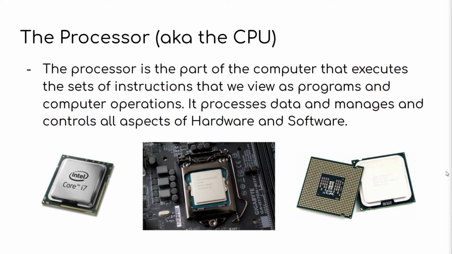Whenever we run a program, when we turn on our computer, when we load up our operating system, which we'll talk about, when we load up Windows or Mac, the CPU is doing all of that. When we have to retrieve something from storage, the CPU is doing that. When we have to run a video game and process some graphics, well, technically speaking, the graphics card is doing that, but I don't want to confuse you now. Basically, you can assume that a lot of the stuff that has to happen with the processing of that video game, or maybe just Steam itself, Steam loading the video game,